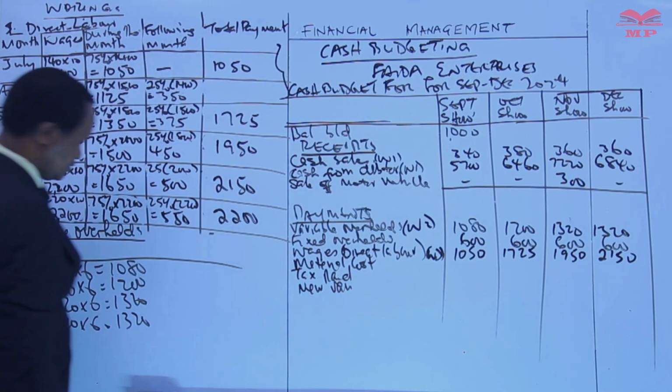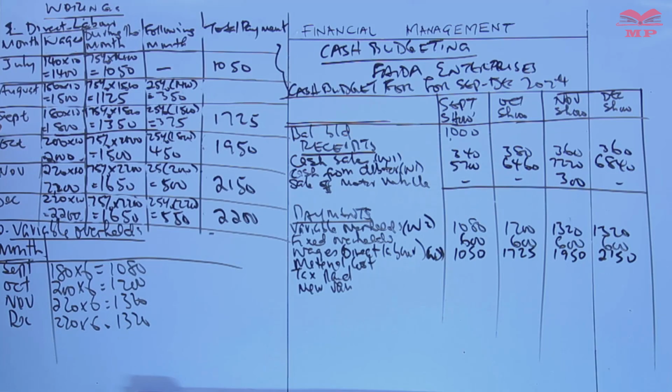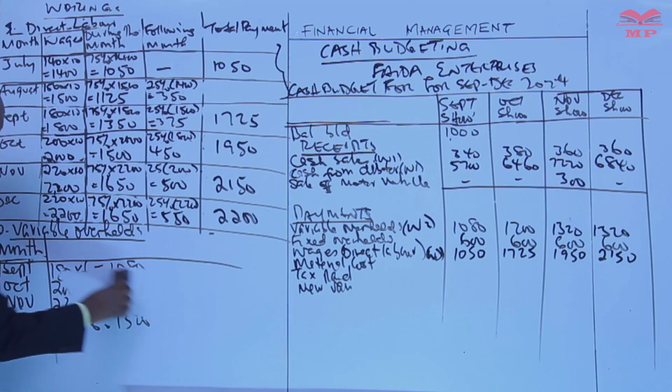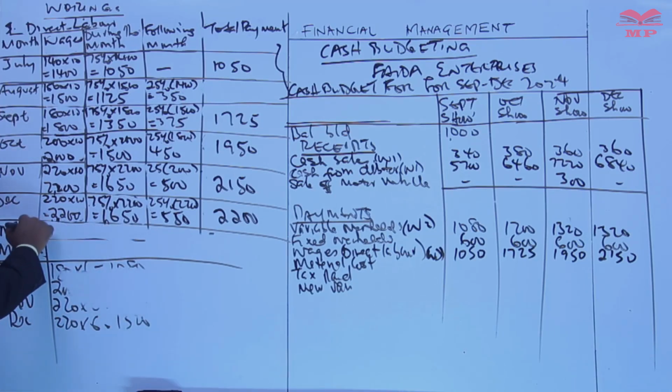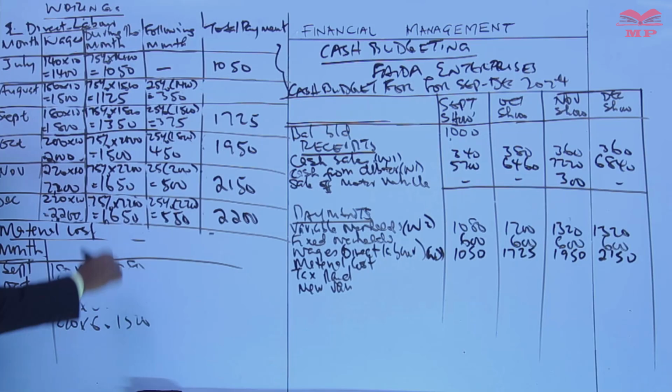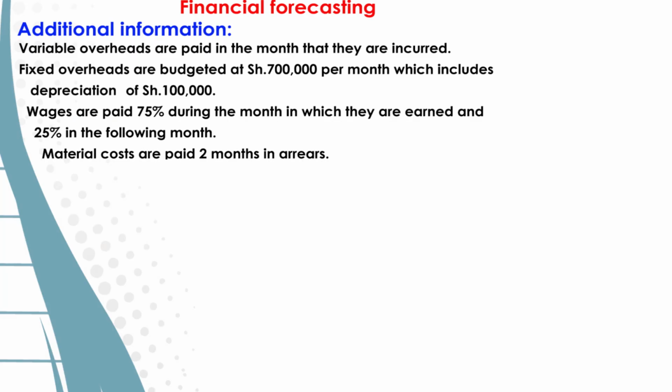Material cost. Do you have information on material? That will be working number 5. Material cost. What is the cost per unit? Yeah, material costs are paid 2 months in arrears. Wages values. It is